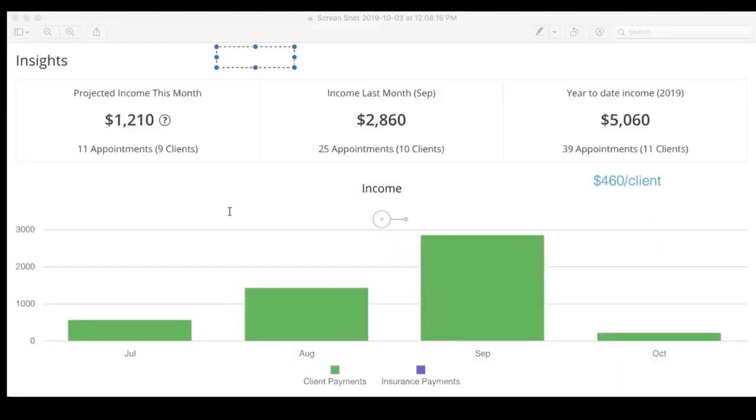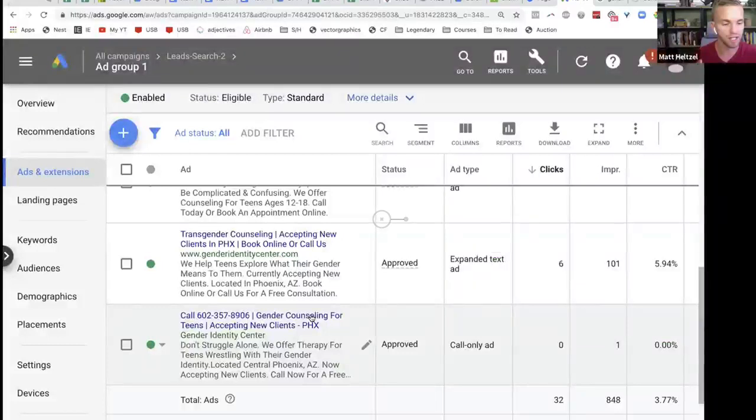So if you want a click-by-click Google Ads thing, my recommendation is just type in on YouTube, how to place a Google ad, and they'll walk you through click by click. That's not something that you need me to do. What you need me to do is walk you through the strategy of it, right? The why I say certain things, the why I type certain things. That's the power that you're going to get in these videos, okay?